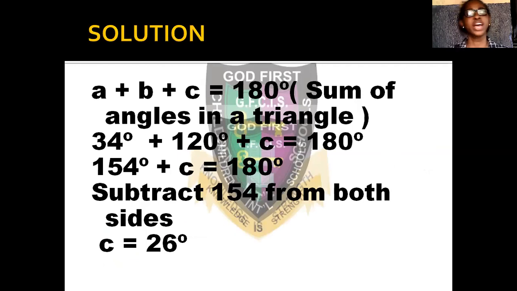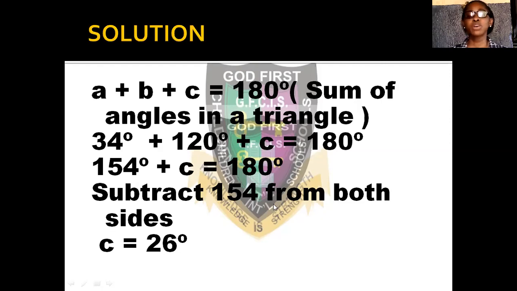Angle A is 34 degrees and angle B is 120 degrees, but angle C is not given. So let's find the value of angle C. The addition of 34 plus 120 gives us 154 degrees. Plus C equals